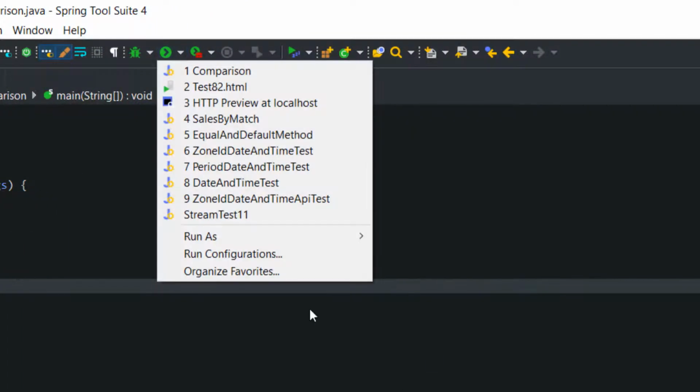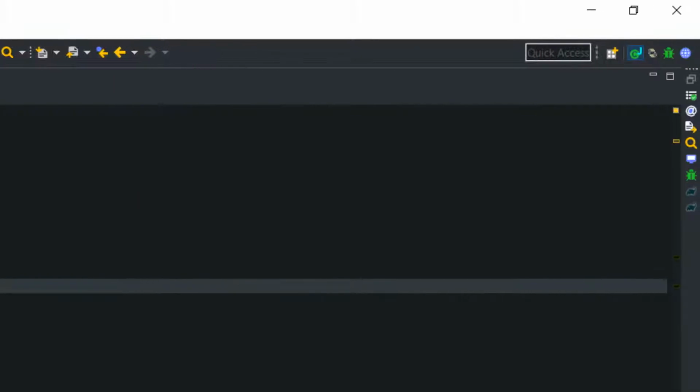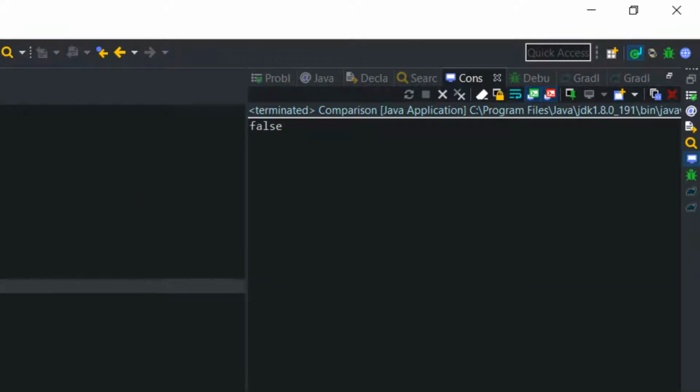Let's execute the code. Here you can see that even though the data of strings s1 and s2 are both hello, it is still showing false.